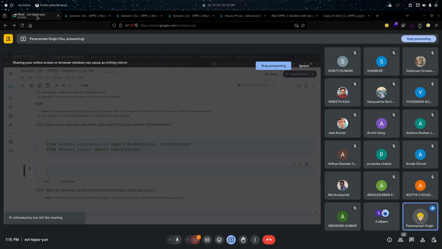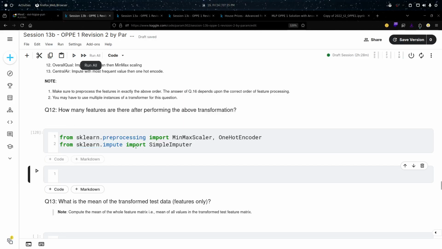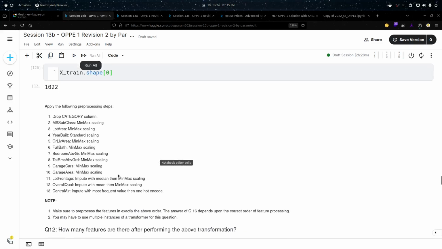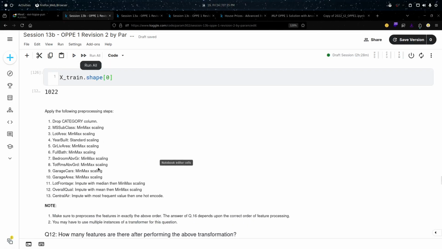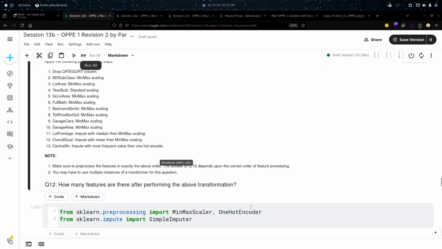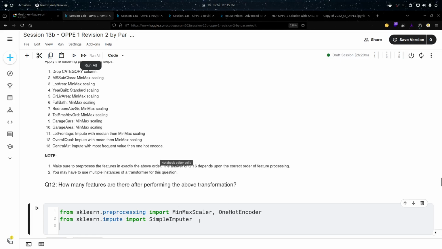Okay, so now let's move forward and let's apply these kind of scaling. Okay, so बहुत सारे पे you can see we are doing this like min-max scaling and all the things. Can I do this in a pipeline or simply in a column transformer? That would be better, right? Yes, column transformer or pipeline. Yeah, so let me import both of them. So from sklearn.pipeline, I'm importing the pipeline, and from sklearn.compose, I'm importing column transformer.